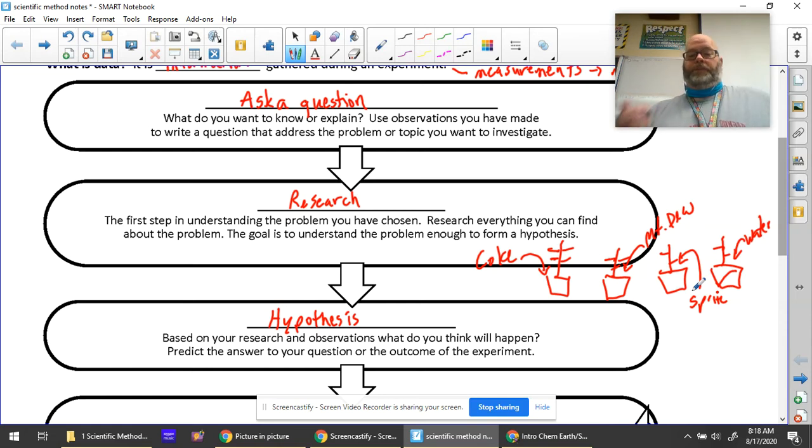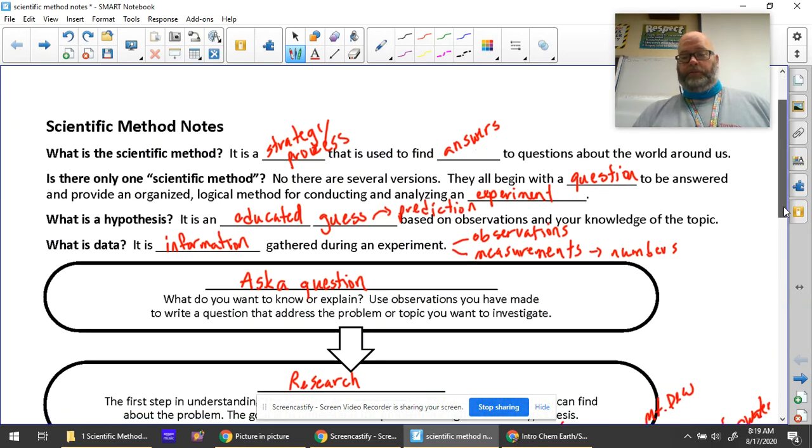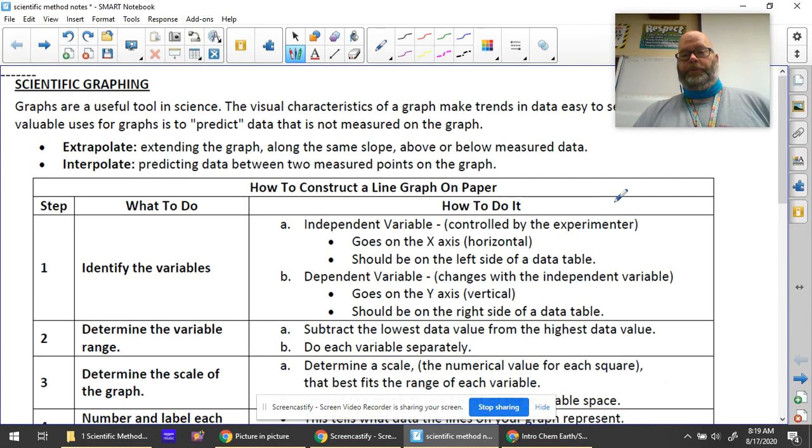And then eventually, if I'm going to really do this experiment, if somebody hasn't already done it before, and don't go ahead and Google it because I don't know if they have or not, but we're going to assume that they haven't. So what we're going to do then is determine a hypothesis. And the hypothesis is going to be, I don't know what just happened there. I think I flicked something with my pen, but the hypothesis is going to say, let's say Mountain Dew, because